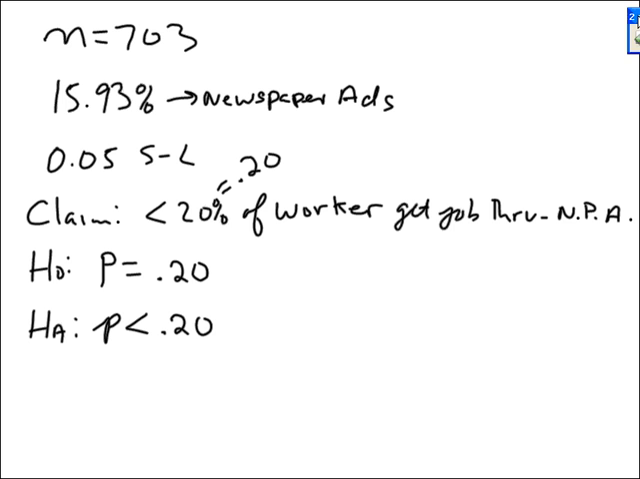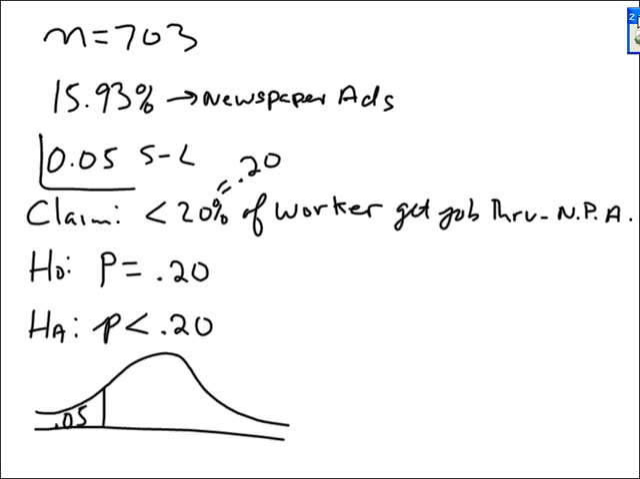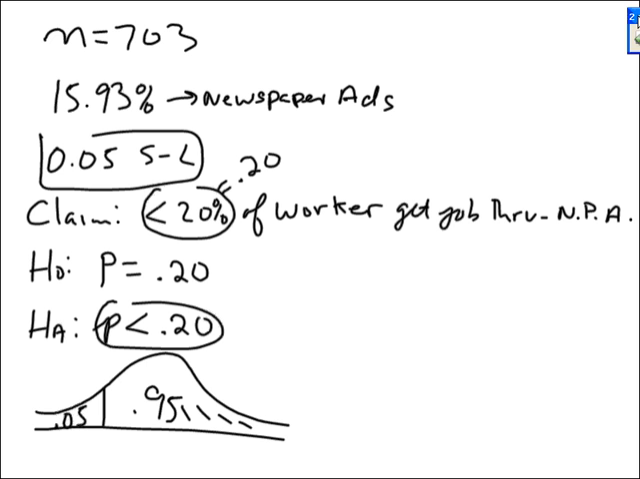So let's get some picture going. We have a one-tailed test. We want the 5% significance level to be just in the left corner because it says less than 20%. So in here is 95%. This is 95% or 0.95. Now, if you go to your Z table, because n is bigger than 30,